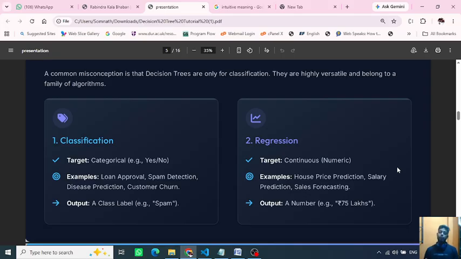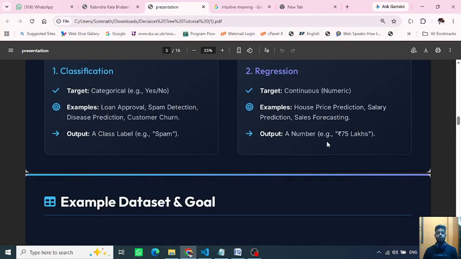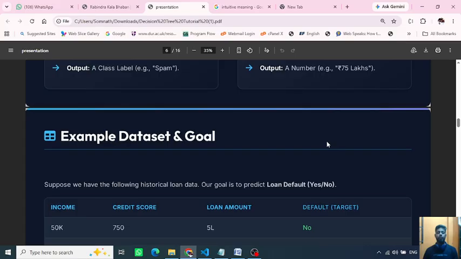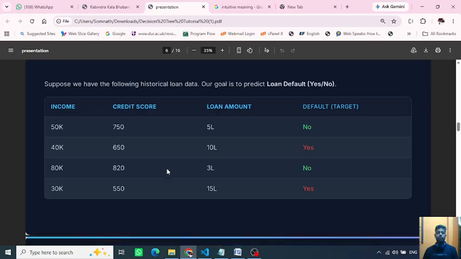So we can use the decision tree in both classification and regression, but there is a slight difference in the algorithm. For regression, there is a separate decision tree algorithm, the decision tree regressor model. Okay, so this is, for example,